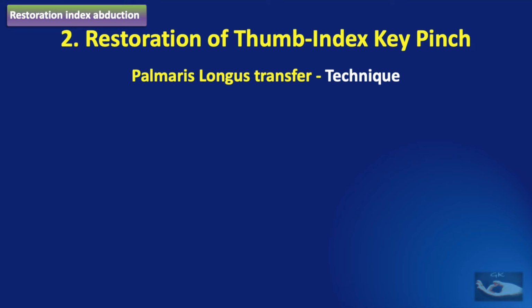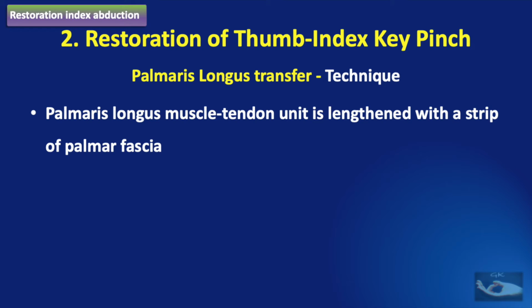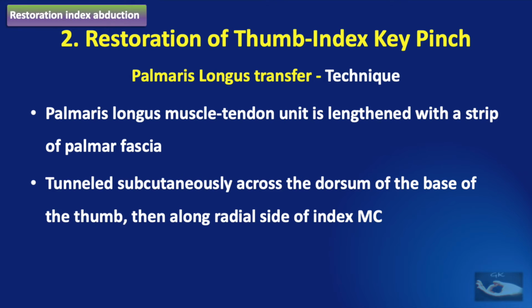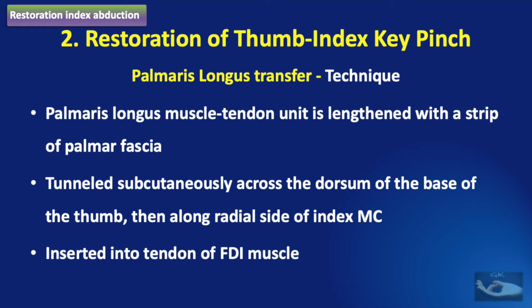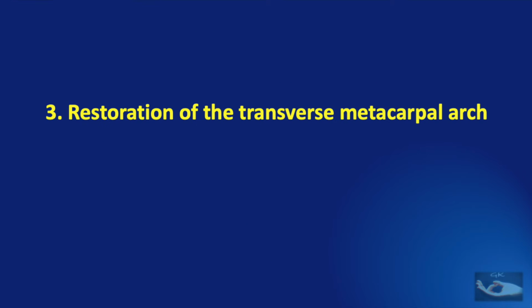When the palmaris longus is used to provide index finger abduction, it can be lengthened with a strip of the palmar fascia as is done in the Camitz transfer and then tunneled subcutaneously across the dorsum of the base of the thumb and then along the radial side of the index finger metacarpal to be inserted into the tendon of the first dorsal interosseous. The next important correction to be done in a hand affected by ulnar nerve palsy is